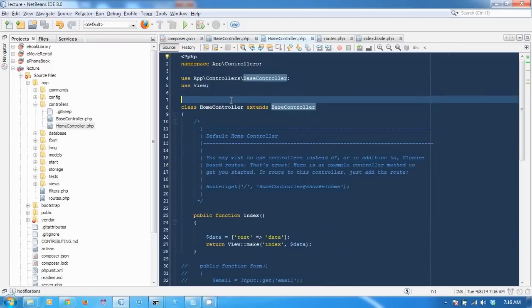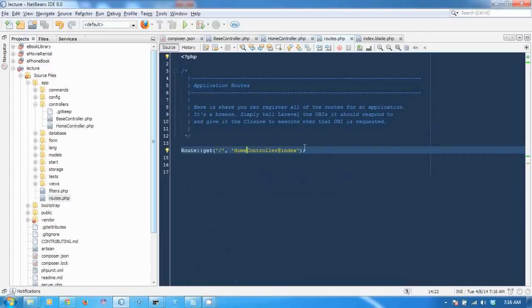The third step is we need to change the route. By default, Laravel version 4 will use the route get like this, and then URL slash for the root URL. After that, calling the controller and then its method.